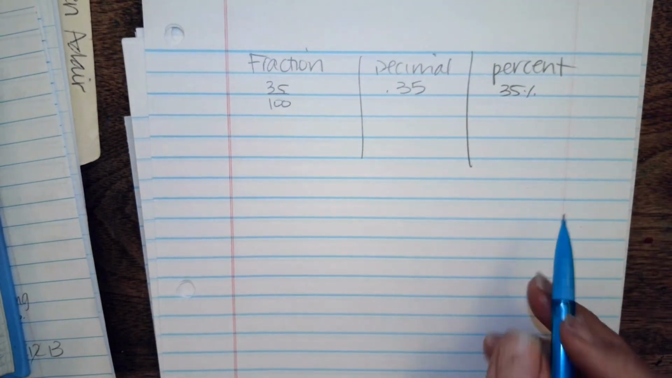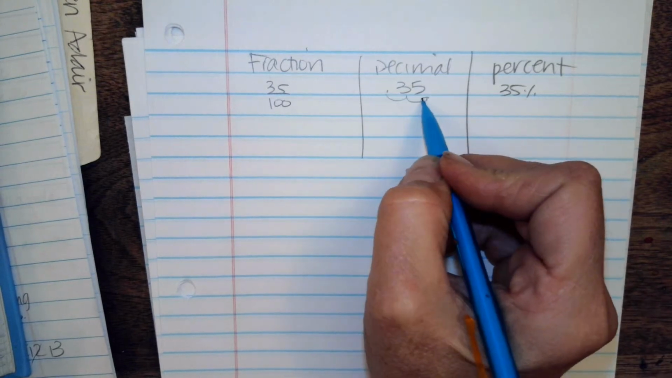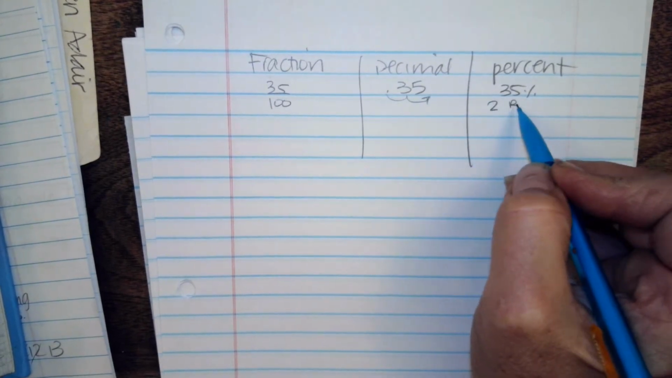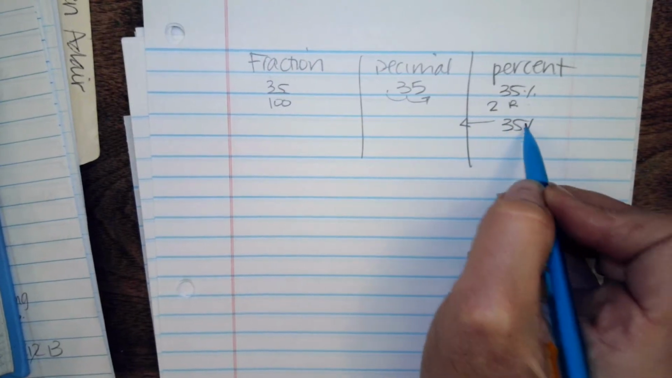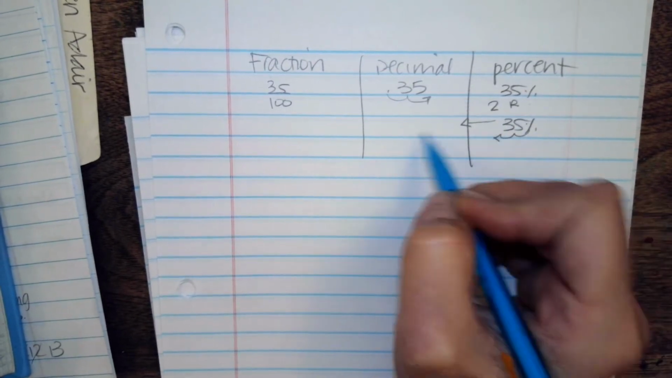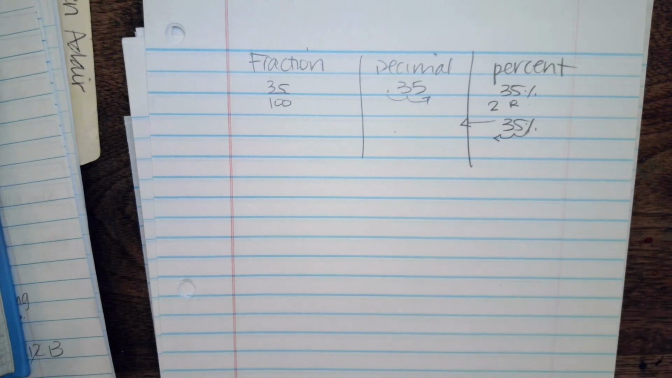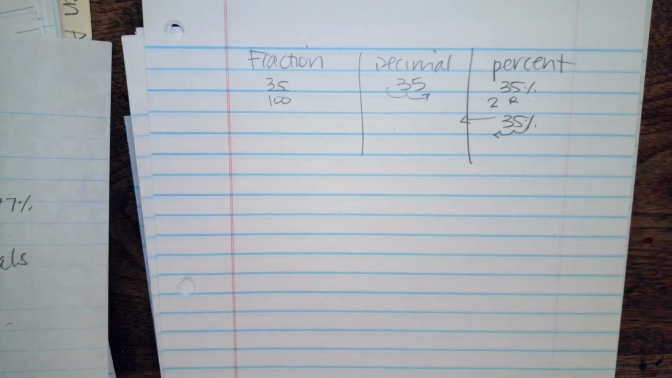And the reason why I do that is because I have to know I go 2 to the right to do that, and to do this 35%, I do 2 to the left. So it just helps me remember in case I forget. I mean, I don't do it anymore, but I used to. Okay, so then